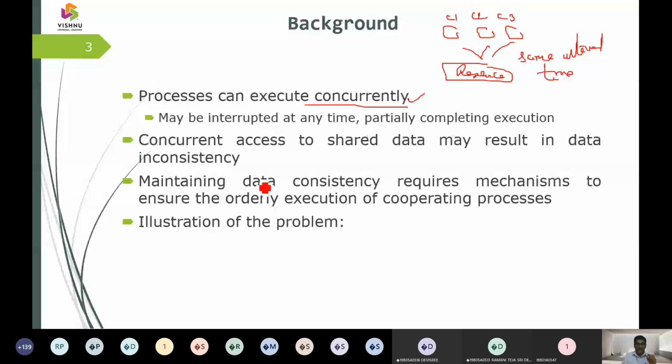What will happen if concurrency happens? There may be a chance that it results in data inconsistency. If two or more things happen at the same time, there may be a concurrency issue. What is that issue? Assume we have given you a shared sheet, and I ask, have you registered? Somebody says yes. Meanwhile, a friend who doesn't like you, instead of yes, moves it to no.